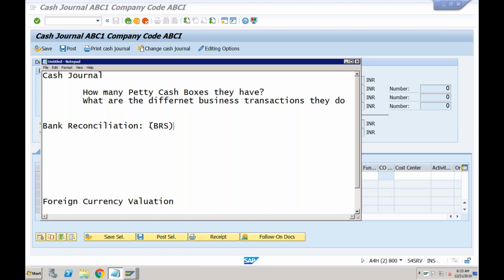No, that is fine. You are talking about the process, but why do we need the BRS? That is the reason I told you, don't worry about the companies. Let's think about your own bank. All of you have a bank account. You are getting some amount, you are paying some amount from the bank account. Do you do the bank reconciliation? No, Vikram. All of you do. Once I explain what is bank reconciliation, you will all agree that, okay, we are doing this.